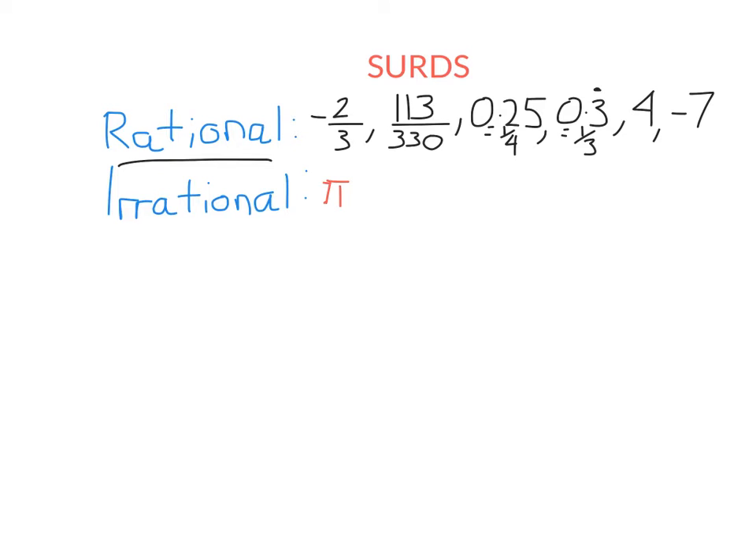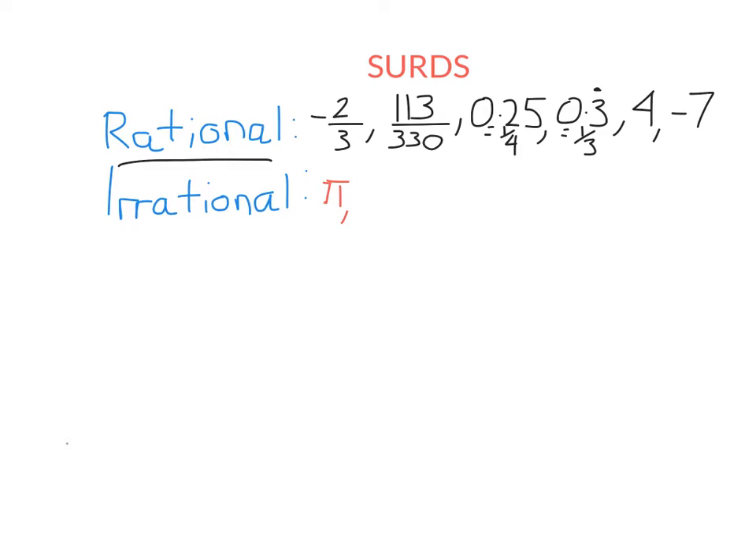If you were to look at the decimal expansion of pi, all the numbers after the decimal go on forever, but there's no pattern to them. So the decimals are not terminating because they go on forever, but they're also not recurring because there's no pattern to them. So it turns out you get an irrational number every time you square root a number that's not